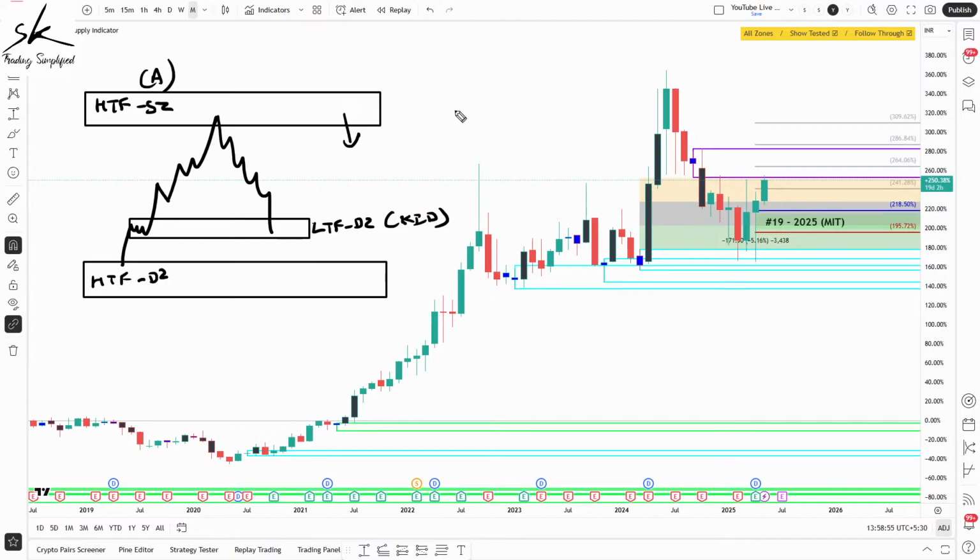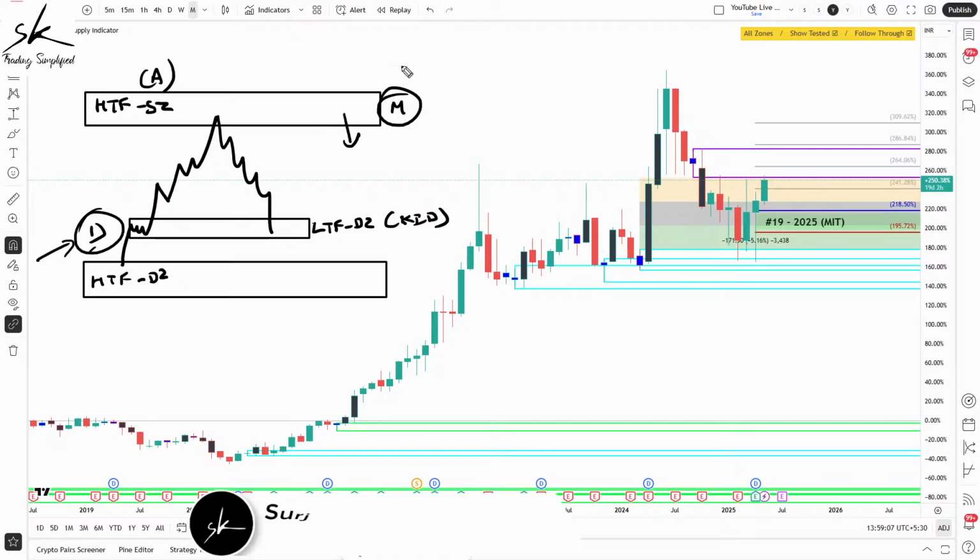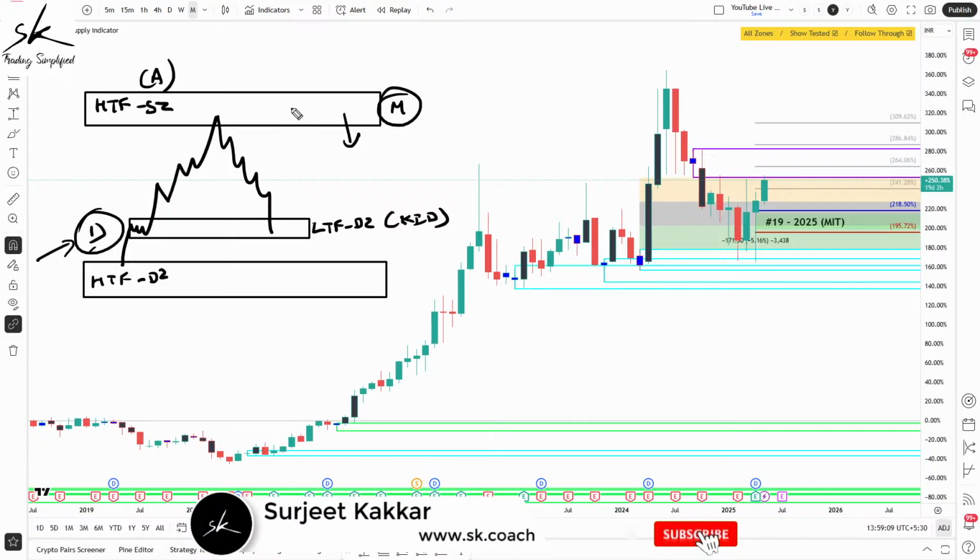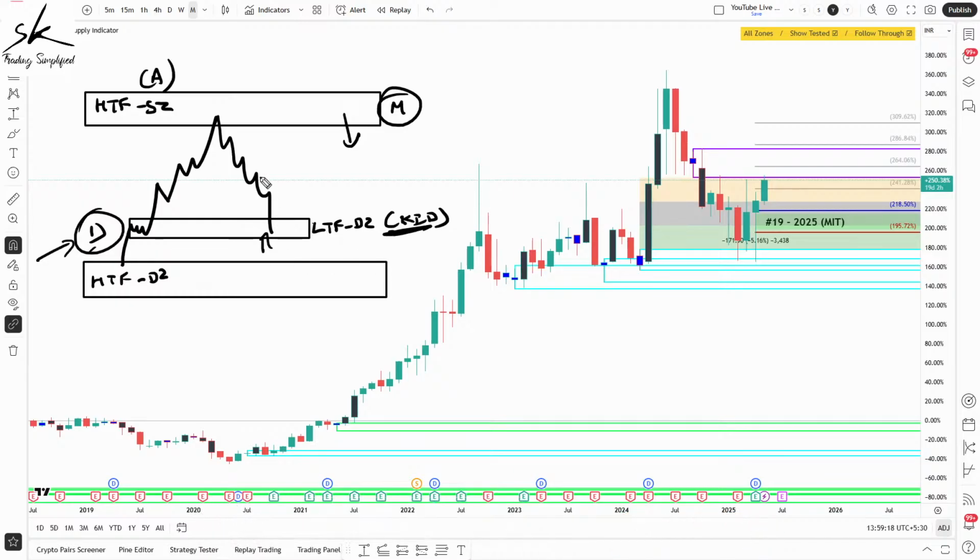Now, if you look at it from a trading perspective, the lower time frame is a daily chart. The higher time frame is a monthly chart. So if you think about the number of orders which can get executed in a day versus the number of orders which can get executed in a month, there'll be a huge difference. That is why we know that this supply can be much, much stronger than the demand which we might have in this particular area. So that is the reason the probability reduces.